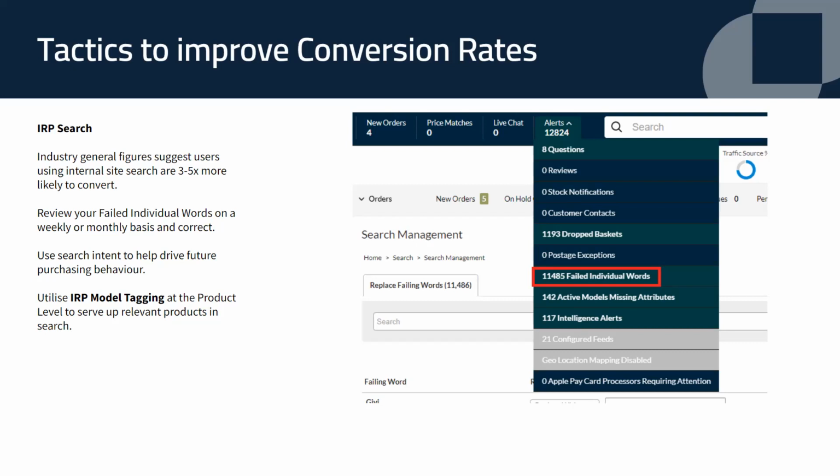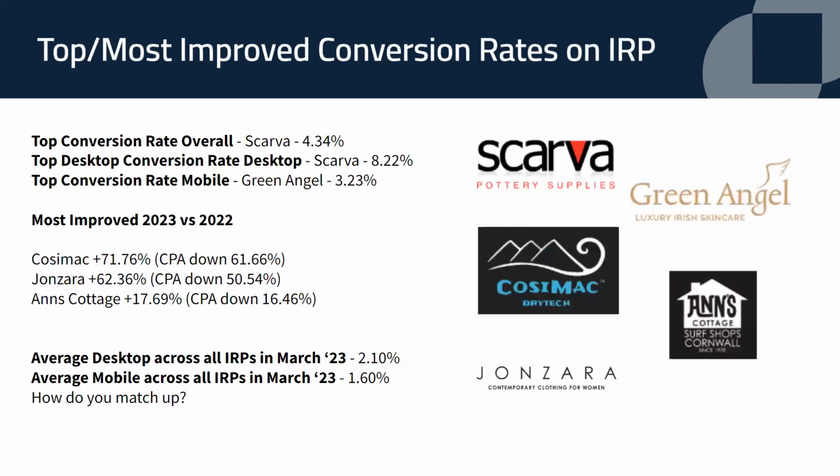And there's also IRP model tagging within the product section. If you're not utilizing that, it does allow for bulk import where you can apply different tags to different models. And that really helps to drive the functionality of search in IRP as well. And then